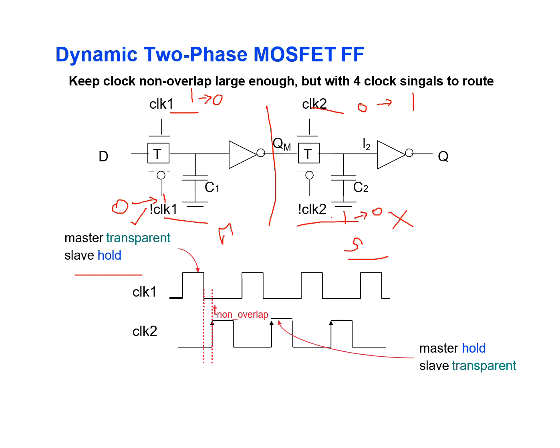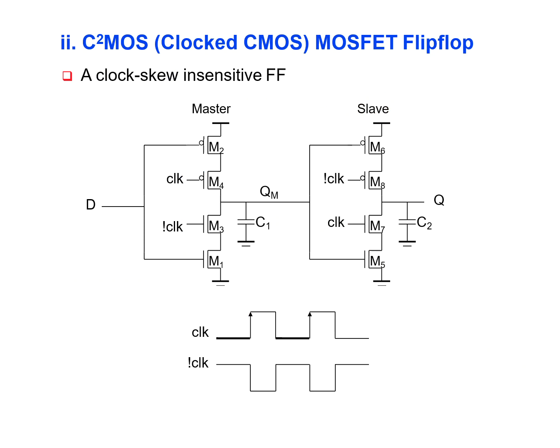What we are doing here is that two different clocks are utilized, and these two clocks should be non-overlapping. The on conditions of clock 1 and clock 2 are non-overlapping, and the 0, 0 condition of the clocks should be maintained for a time less than the time of T1 plus the time of the inverter plus the time of T2. So this is regarding your dynamic transmission gate edge-triggered flip-flop.